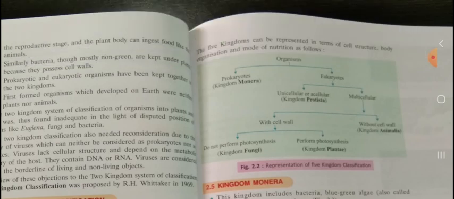The eukaryotes are further divided into unicellular, that is kingdom Protista, and multicellular. Now, the multicellular organisms are further classified into the organisms which have cell wall, that are fungi and plantae, and the last one is the multicellular organisms without cell wall, that is kingdom Animalia. So this is a very important table. Please mark this green table as important. Okay,